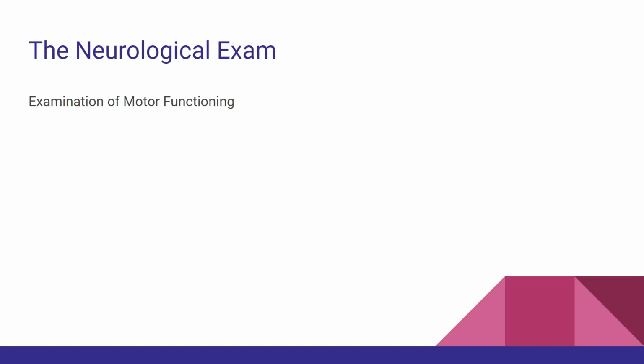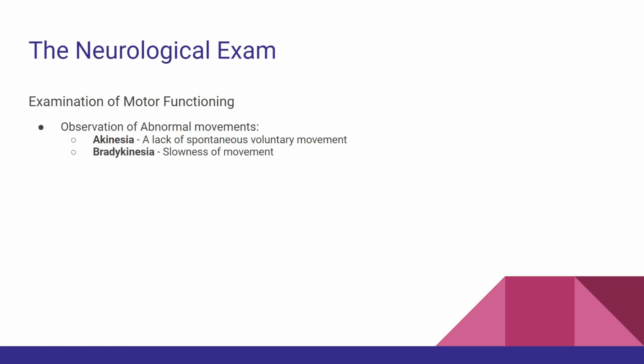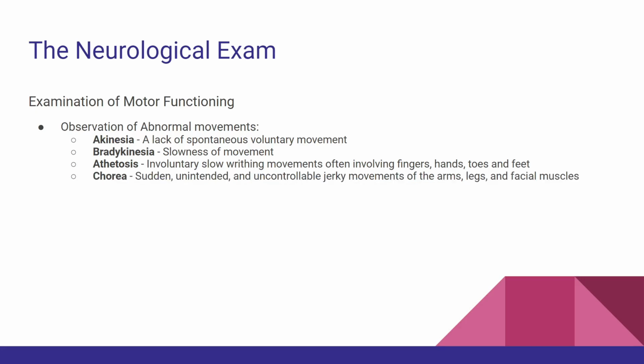The next major component of the neurological exam is an examination of motor functioning, and you're looking for abnormal movements. Some of these include akinesia, which is a lack of spontaneous or voluntary movement, bradykinesia, which is a slowness of movement, athetosis, which is involuntary, slow, writhing movements, often involving hands, fingers, toes, and feet, chorea, which is sudden, unintended, and uncontrollable jerky movements of the arms, legs, and facial muscles, often described as somewhat of a dance, and